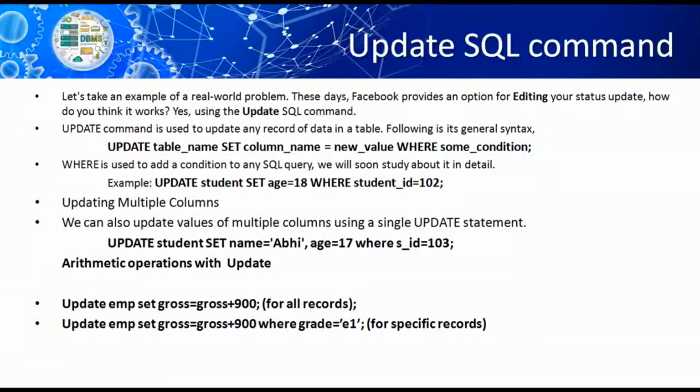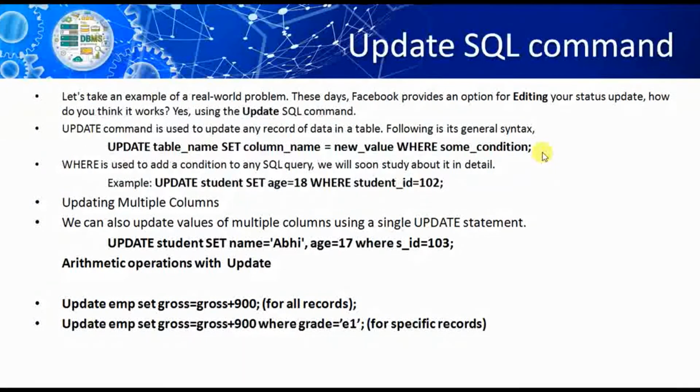So look at here, I am running the update query. The structure is update, table name, set is the keyword, column name equals new value, where, and conditions. We will talk about the conditions afterwards.